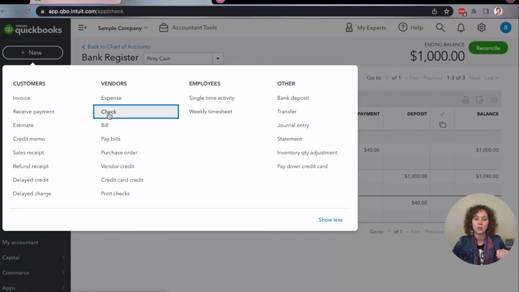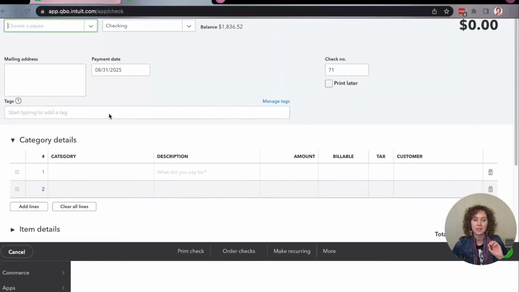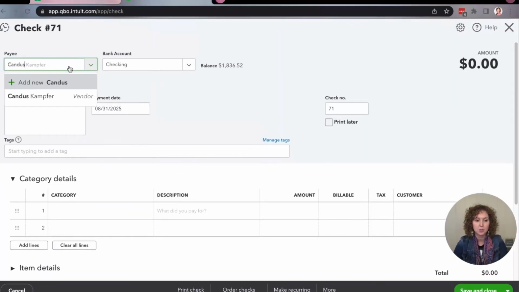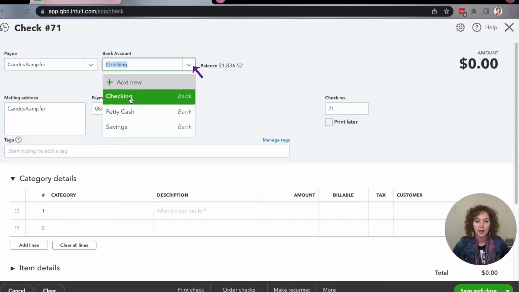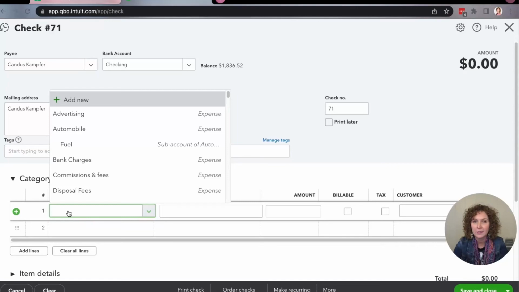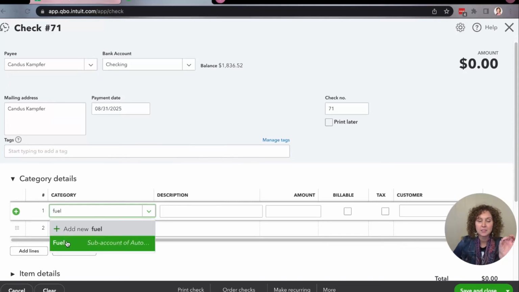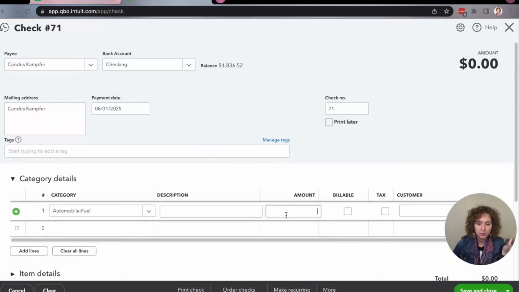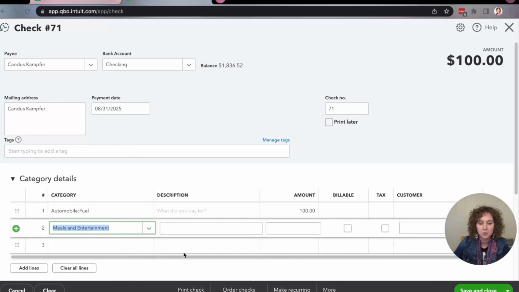You're going to go over here and you're going to expense. You're going to write a check. You're going to write it back to the person. Let's just add Candus Kampfer as a vendor. And then you're going to come over here and you're going to go bank account, the date that you want to write them a check back, and you're going to come down here and you're going to enter in what? However you want to expense it to your business, whether it was fuel that you're reimbursing the person for, maybe it was $100 worth of fuel, meals and entertainment expense, maybe it was travel meals. You're just going to come in here and add it all up, whatever they gave you